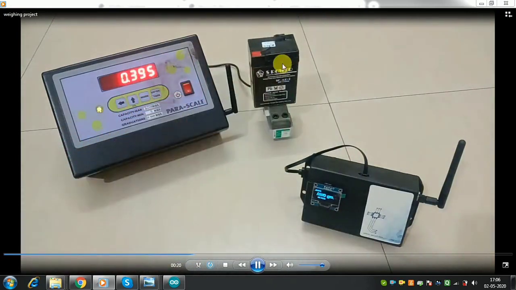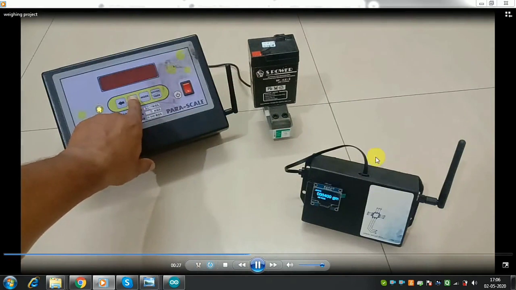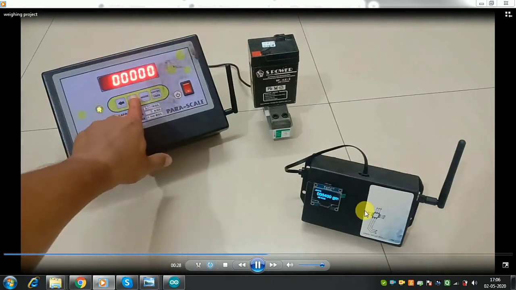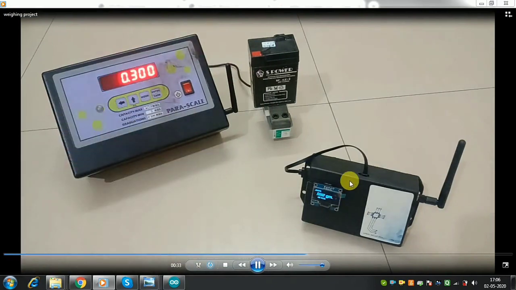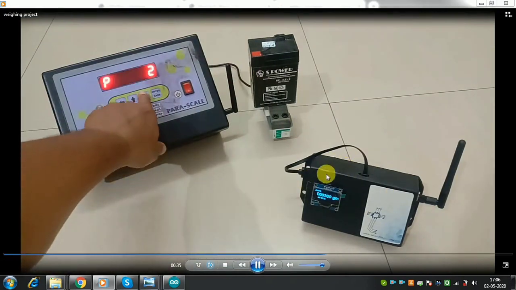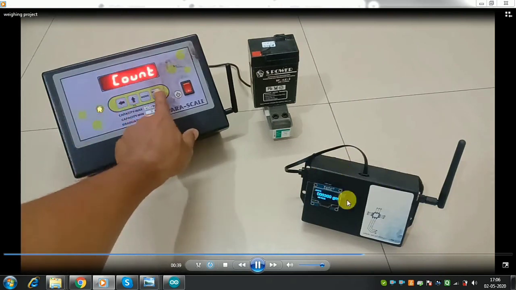So this is a lead acid battery, and a similar kind of lead acid battery is inside. If it is heavy, I don't care, but this thing needs to be light, because the operator will carry it every day with him, and he can sit anywhere. But because it is light, he can charge it every day, so the battery capacity need not be more, but it has to be light here.